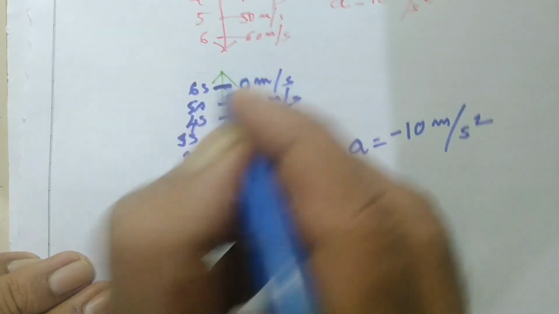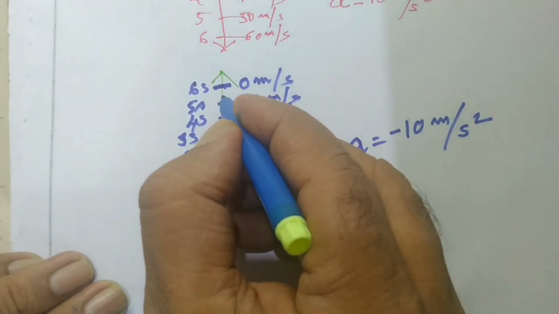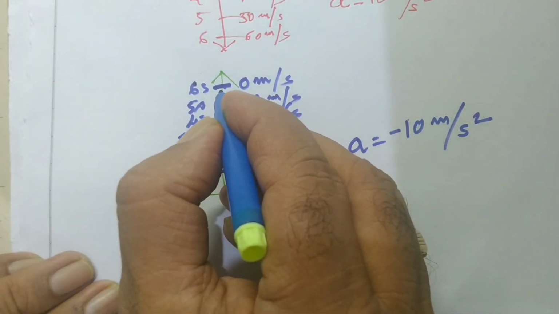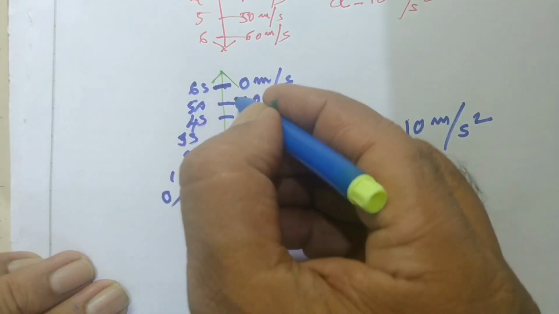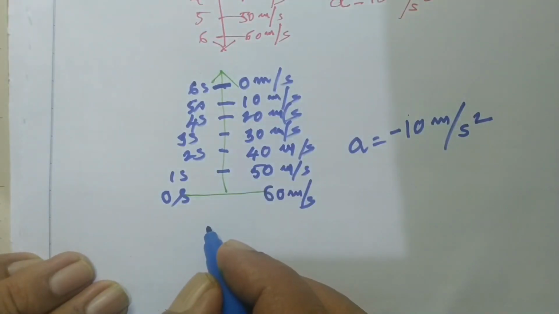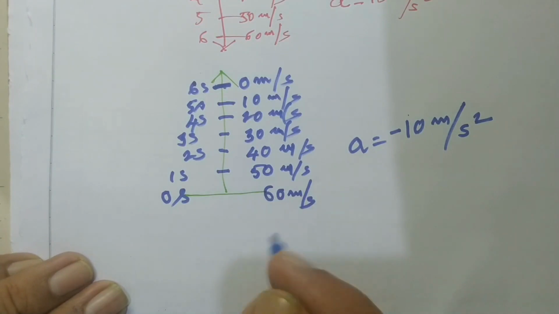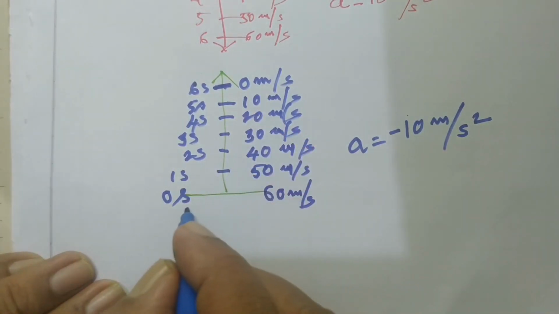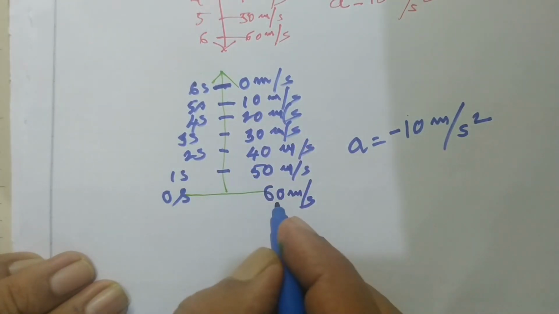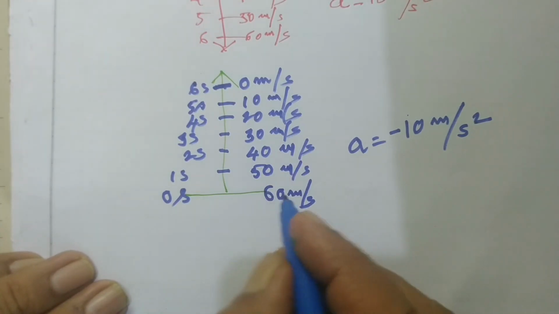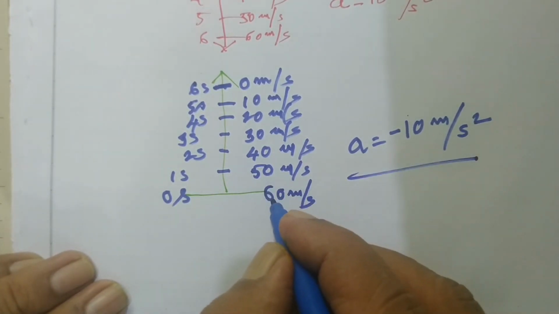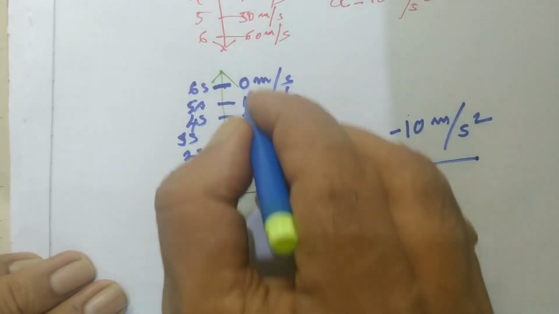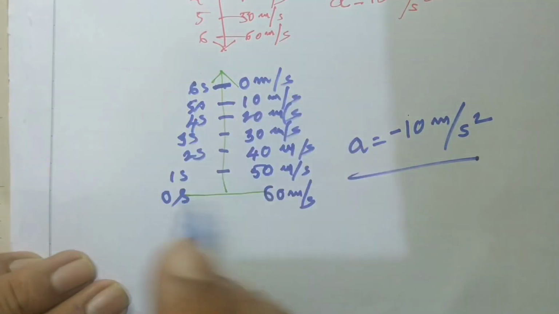This is the topmost point. I mean to say the body will come here and will stop here. But however, you know very well it will not be stopped permanently, it will fall down because of the positive acceleration. That is a different case. Now, we are going to see the graph of this deceleration. Deceleration means negative acceleration. Negative acceleration means velocity decreases. For this, we are going to draw the graph.